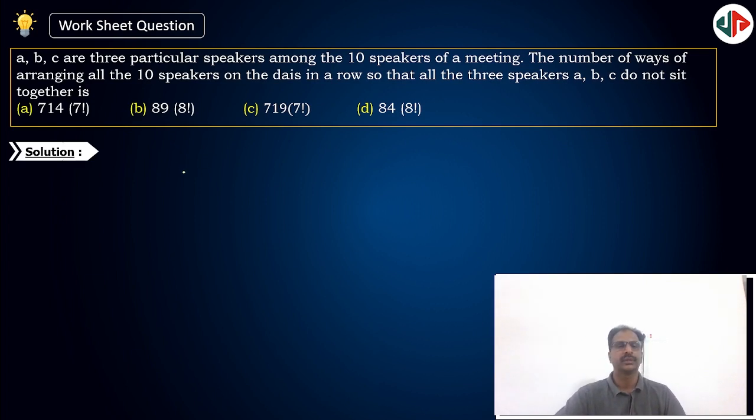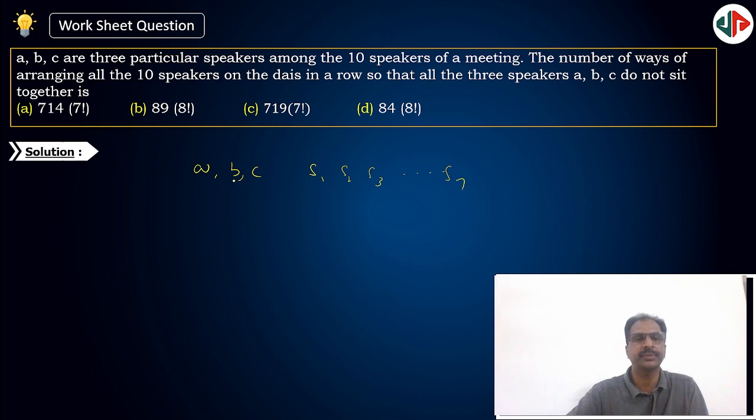Next. A, B, C are 3 particular persons among 10 speakers. So other than A, B, C, we have 7 speakers like this. The number of ways of arranging all the 10 speakers on the dais in a row so that all the 3 speakers do not sit together. All the 3 speakers A, B, C do not sit together means